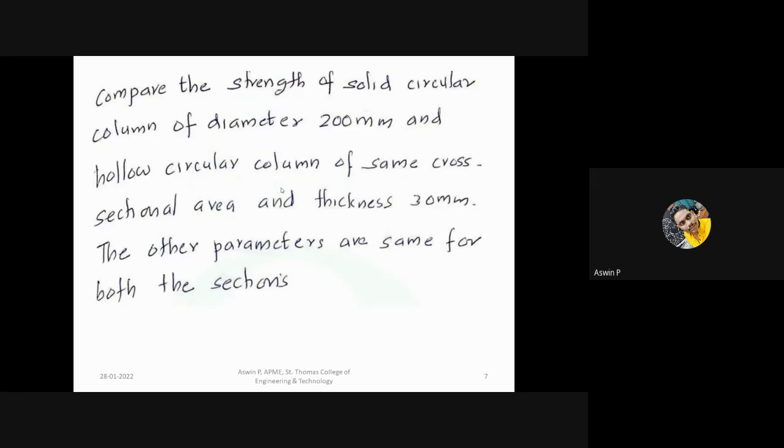And I have another problem for you. Just check. It may ask in your question paper. I will not give the answer for this one. I will just mention the steps. So write down the question. That is